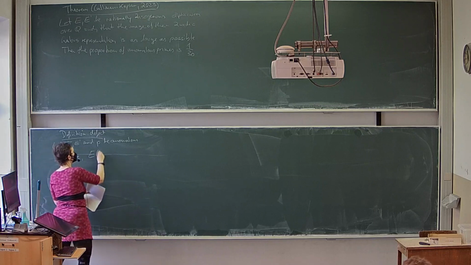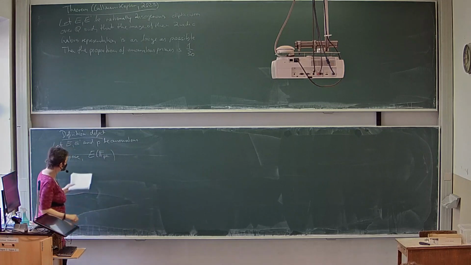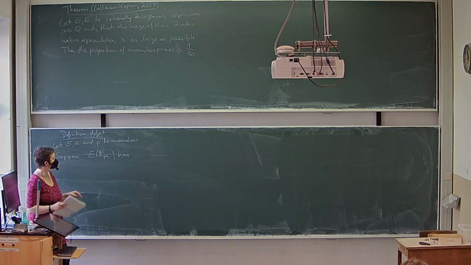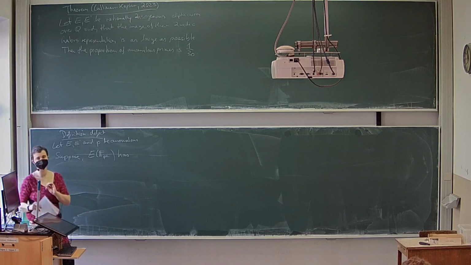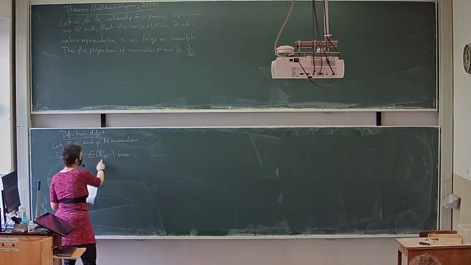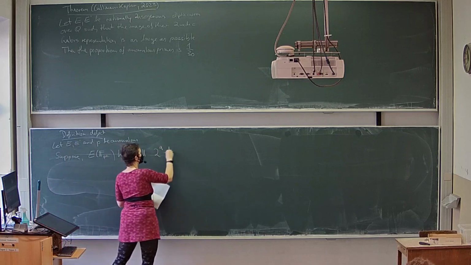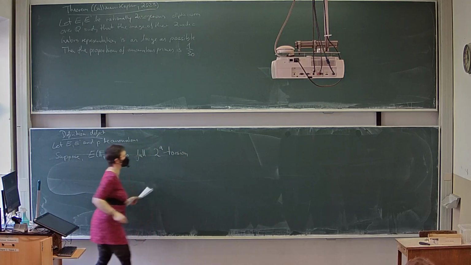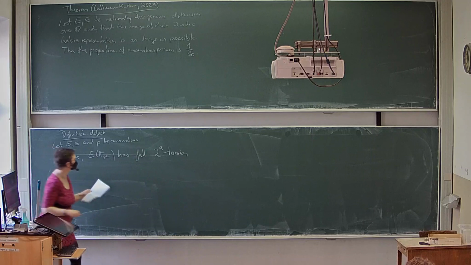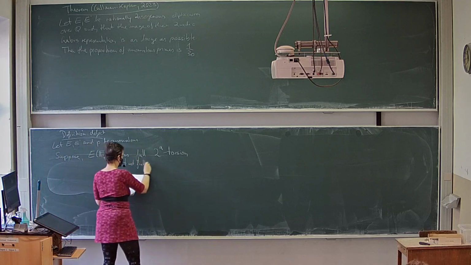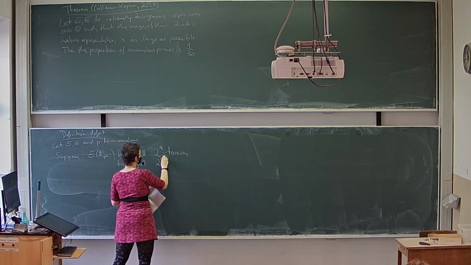So if we consider the FP squared points and consider the two power torsion. So all the torsion points that are 2 to the something torsion points. And if E over FP squared has full 2 to the A torsion, so where A is just a positive integer, but not full 2 to the A plus 1 torsion,